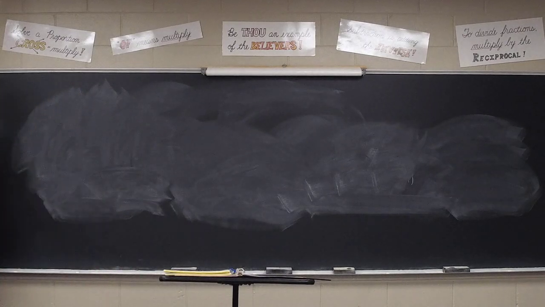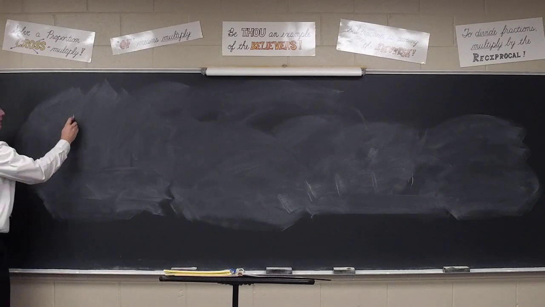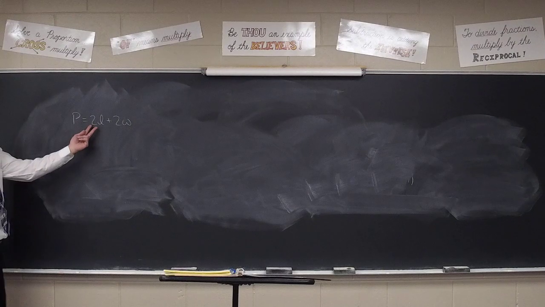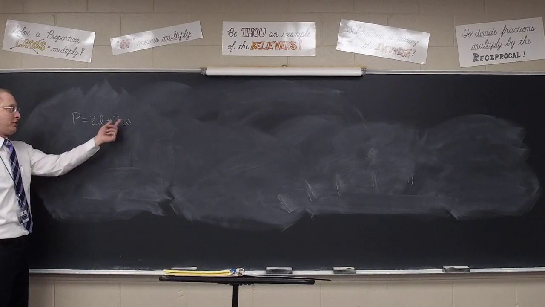One of our figures is a rectangle. What's our formula for the perimeter of a rectangle, Luciana? P equals 2L plus 2W. We have two different lengths and two different widths, so double the length, double the width, and add those